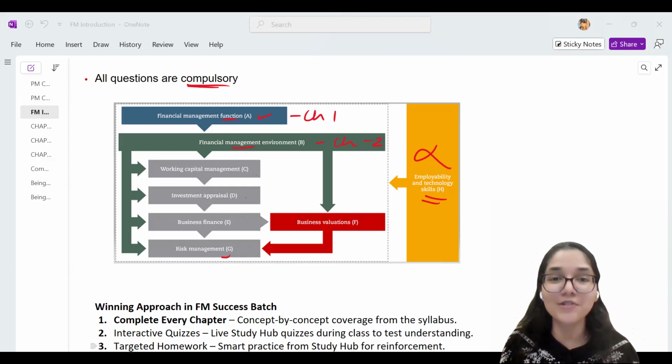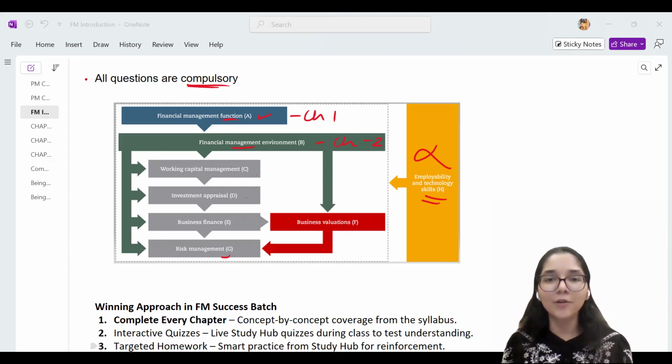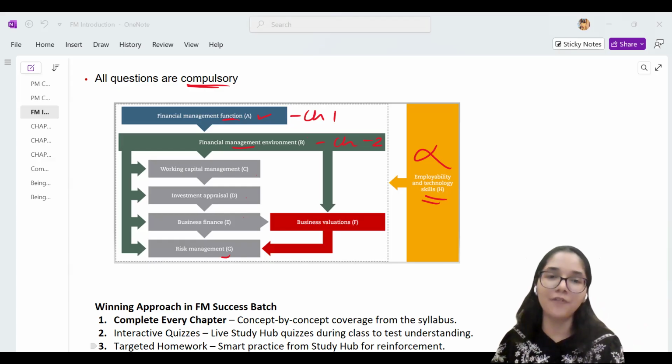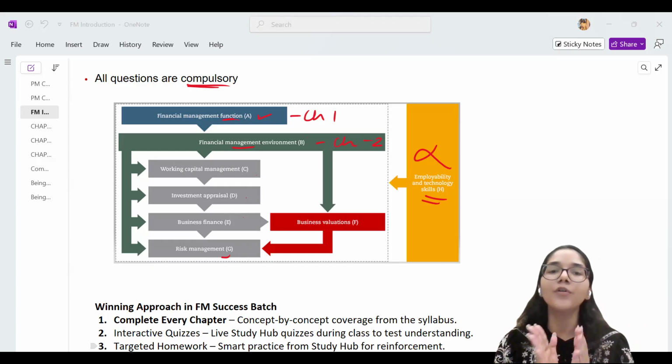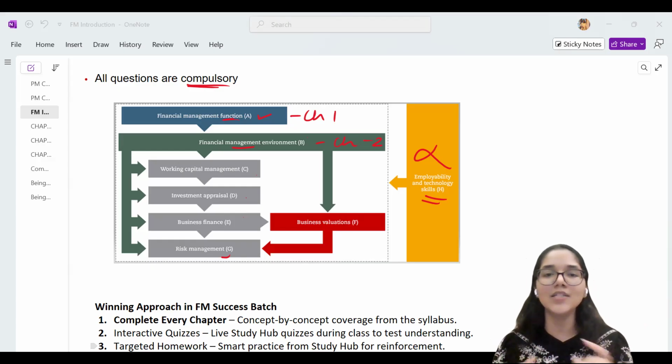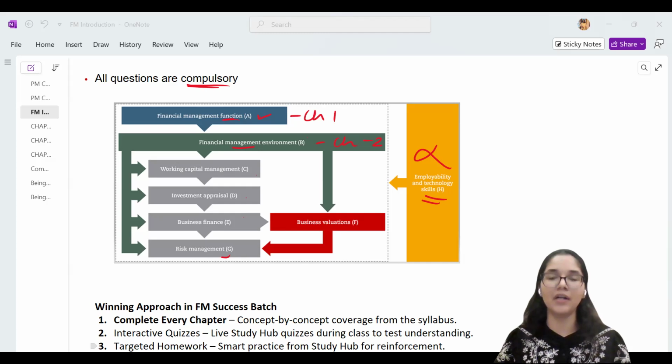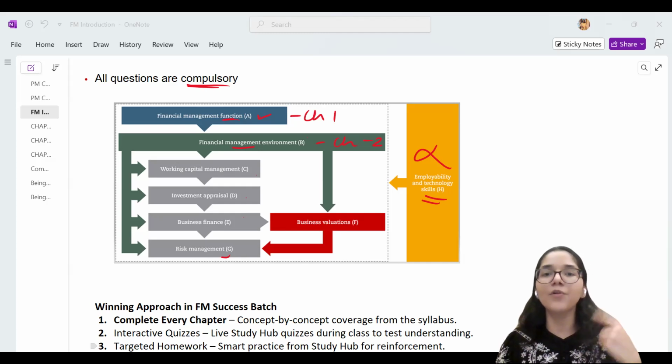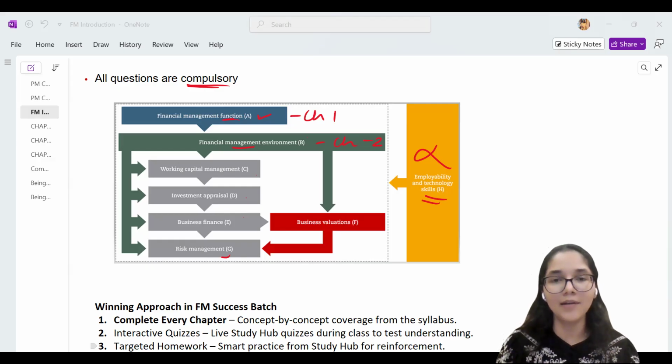So a lot of students lose interest because it's not numerical. But do not worry. I have structured the classes so that we are going to divide it into small chunks and continue with our syllabus as it is. Each and every class, we are going to study small portions of it so that you will be able to remember many things at the same time and also you'll not be getting bored about it.